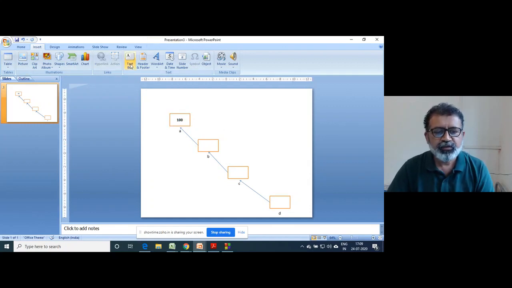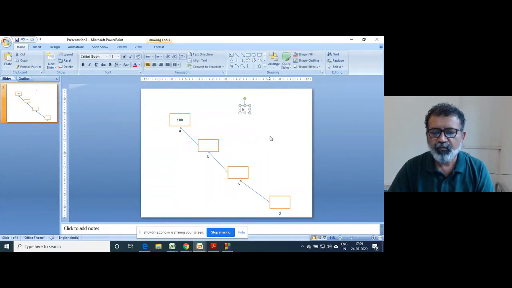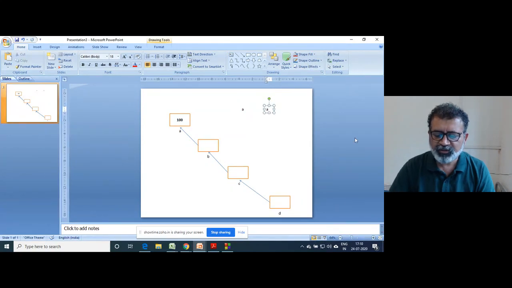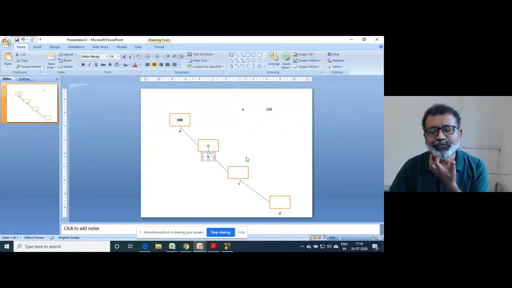So when you print a, it will print 100. Why? Because straight away the contents of a will be printed. Now, if you print b, then the contents of b will be printed.